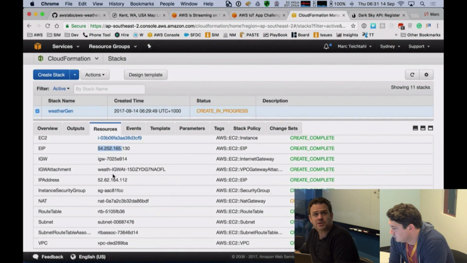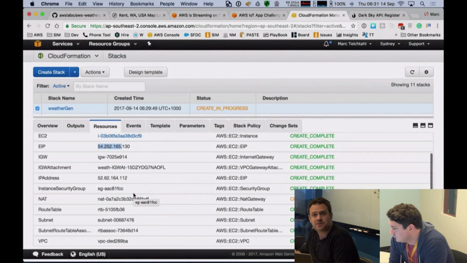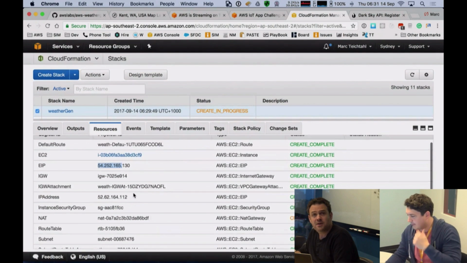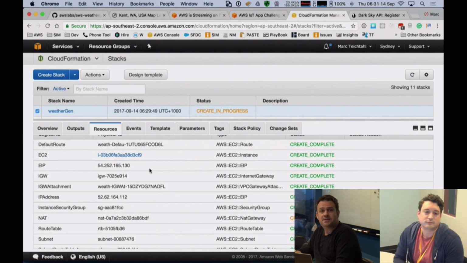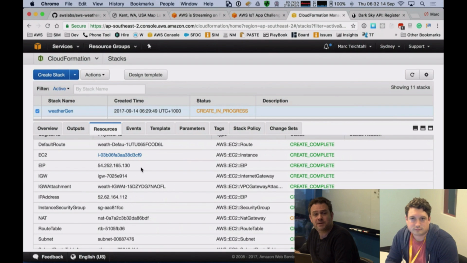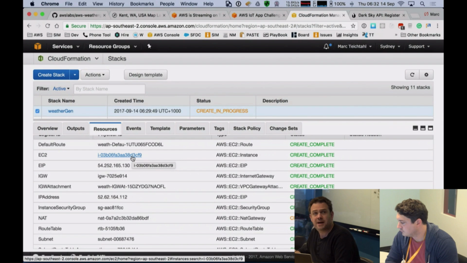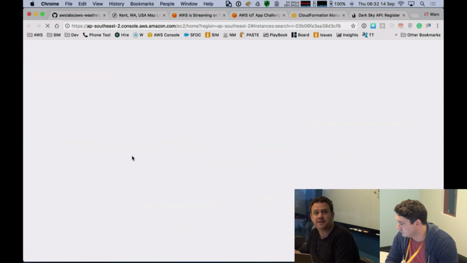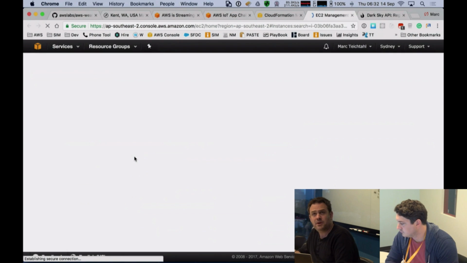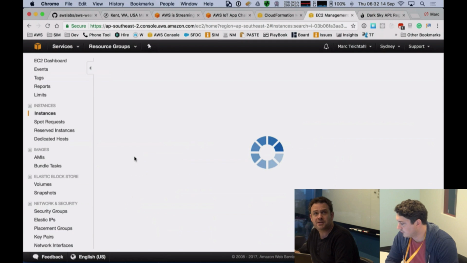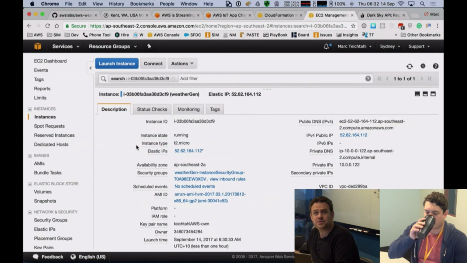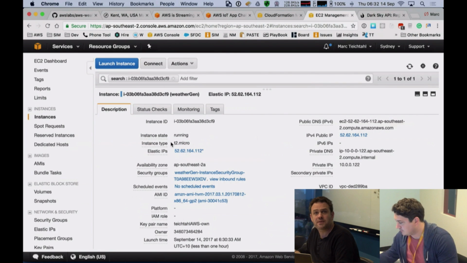And you can just see here the range of resources that have been created. What I do want to show you is that it's easy in the console to jump between the various different services. So you can see in here, we've got a link to our EC2 instance that's being created. So I can click on that and we open up a new window to the EC2 manager, and straight away we can jump in and we can see that that T2 micro that I was talking about has been created.